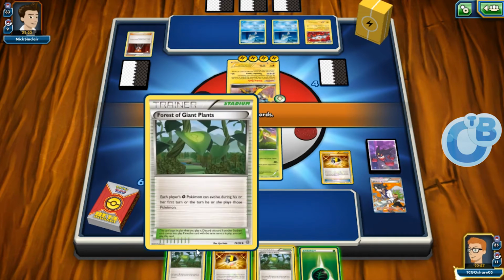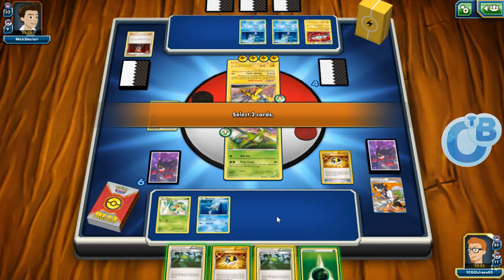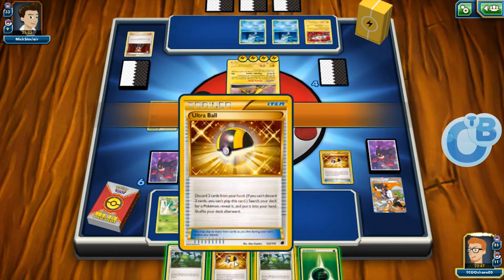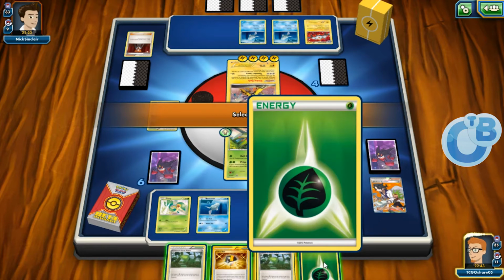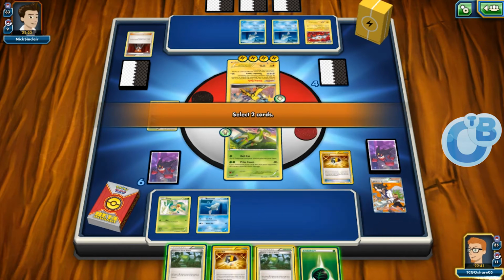I think we just get... No, we need to... It'd be really nice to be able to play the Servine this turn. So, like, this, I guess, we draw... Okay, so we Ultra Ball, discard Forest and Energy. We get an Octillery, pass, play Octillery, play...